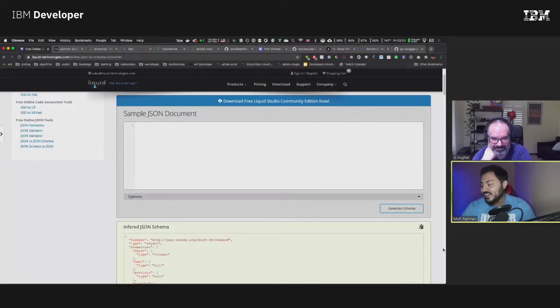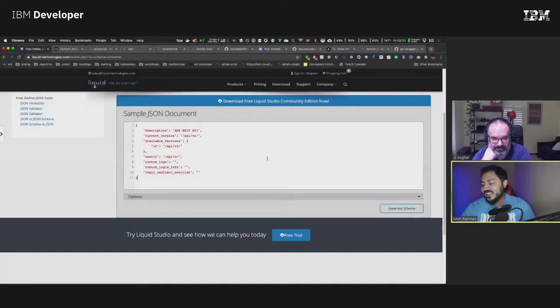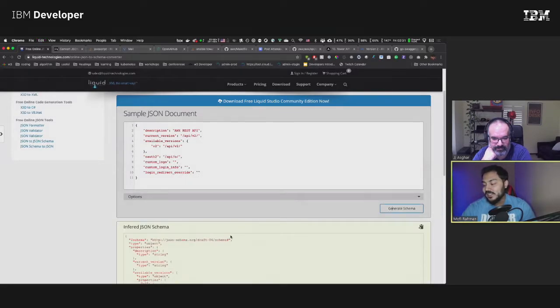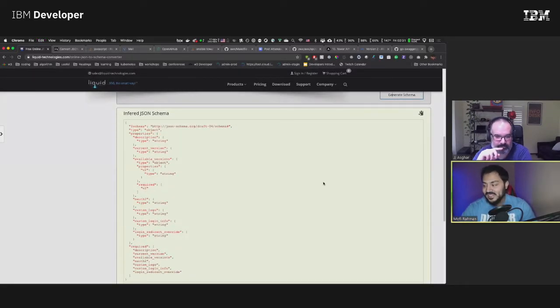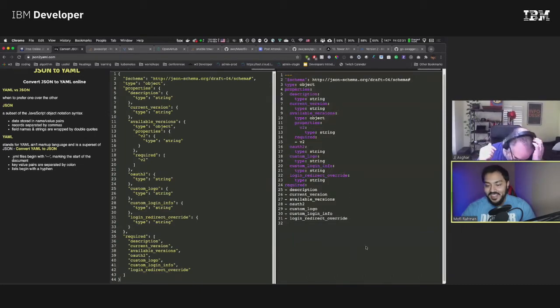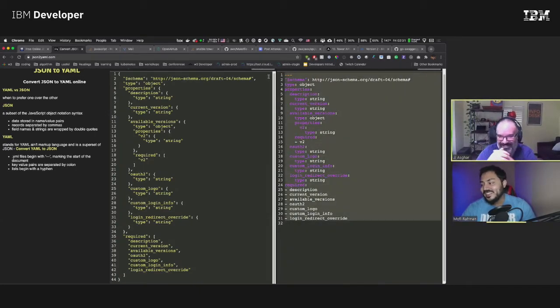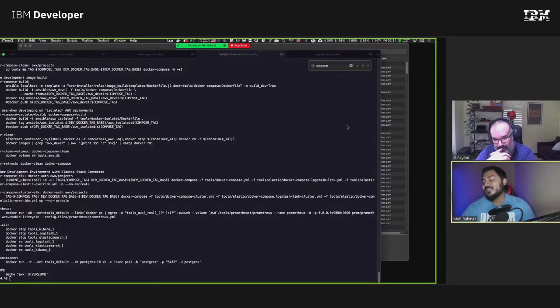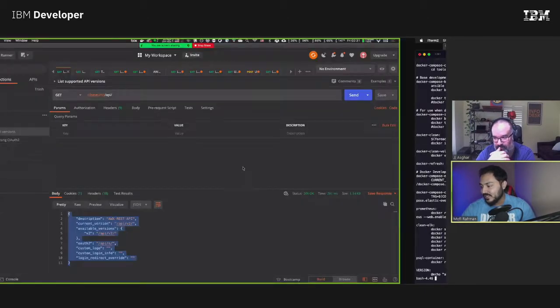So I will come back here and generate the JSON schema with this first. And again, Swagger 2 is basically just JSON schema. So I'll take this, copy that, go here, replace that to get the YAML. Then come back to my, where's my